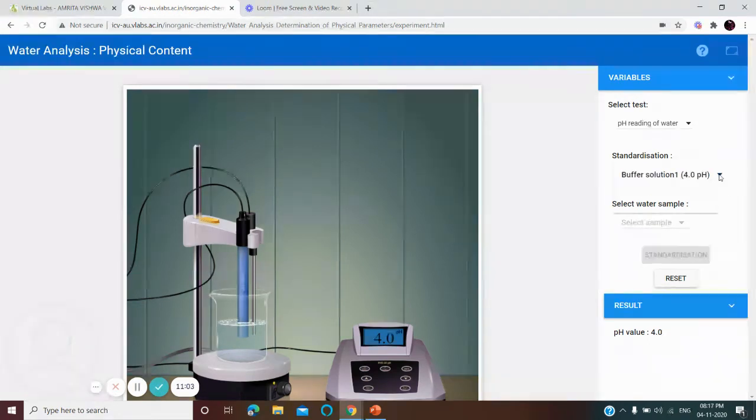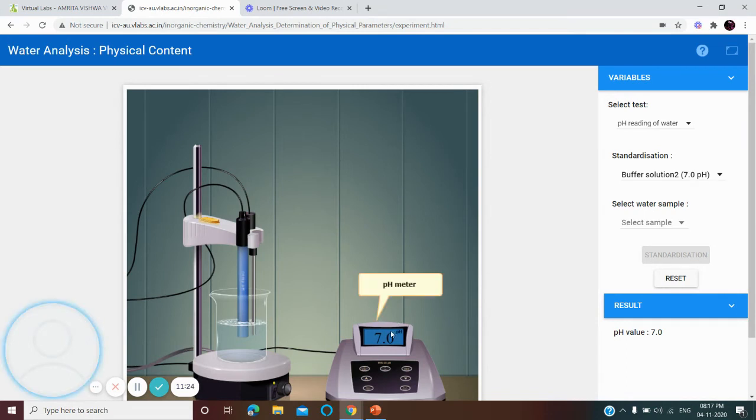Next, you have to select buffer solution 2, that is 7 pH. Next, you have to click standardization. So you take 7 pH, and then you can see 7 pH in the pH meter. Here in the result also you can see pH value 7.